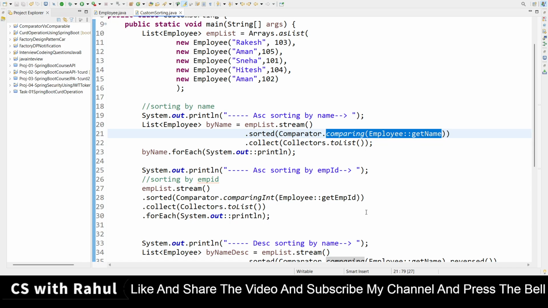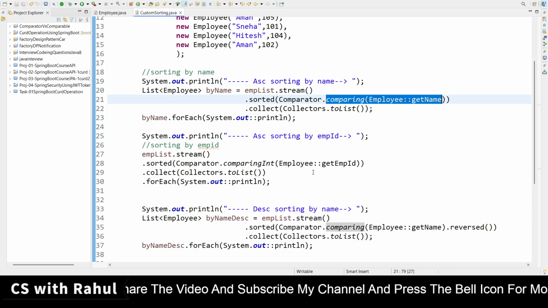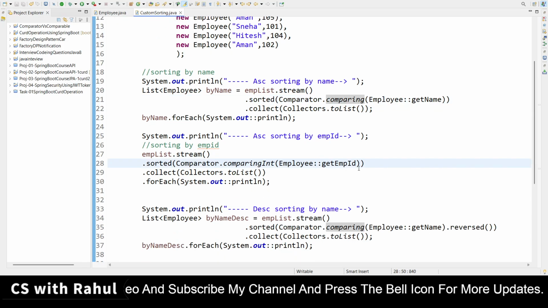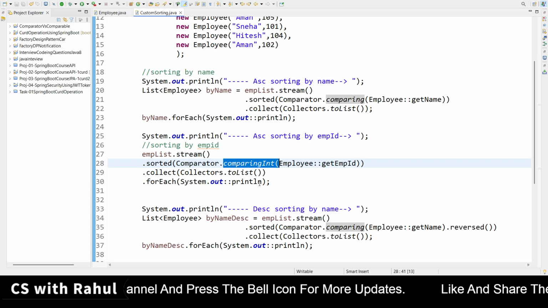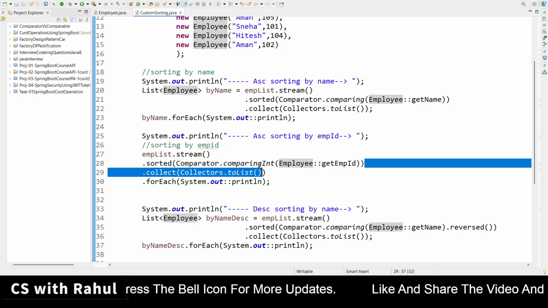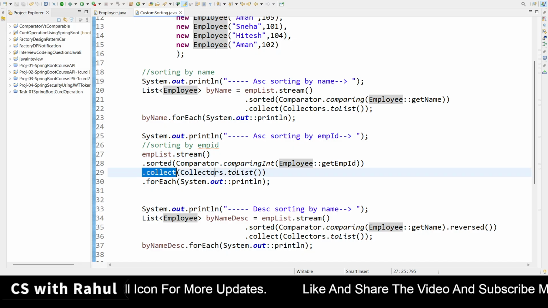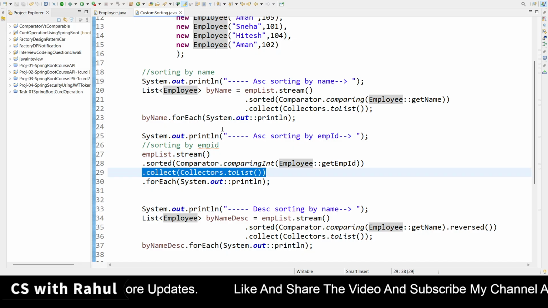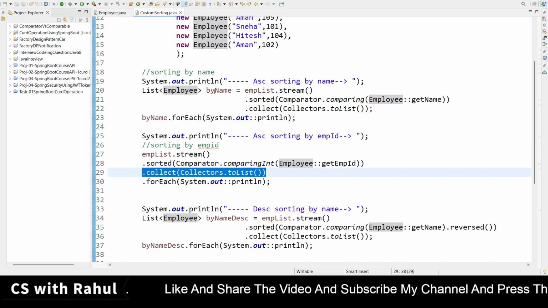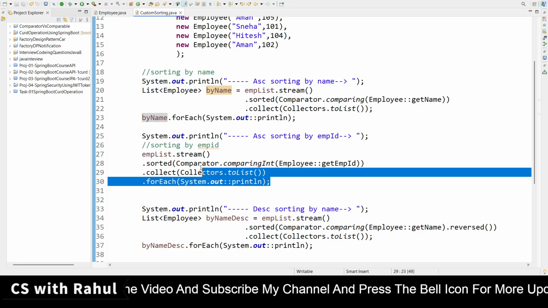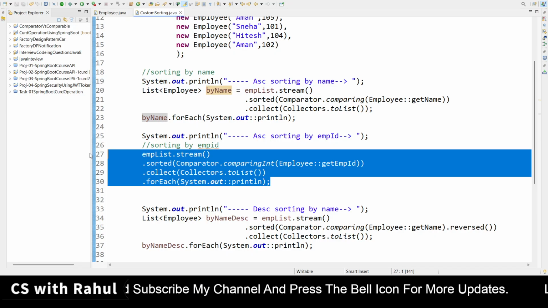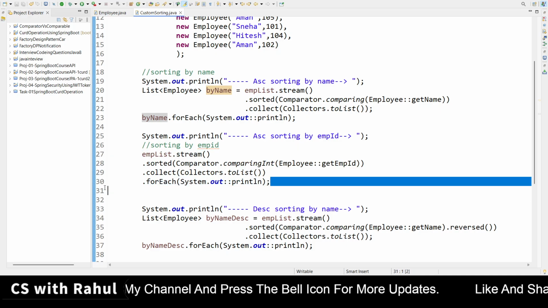And in the age condition, or employee ID condition, it is related to an integer, that's why I have used the comparingInt method. And then I have collected this result into a particular list. For the name I have created a list, but for the age I have not created any list, I just printed it out.